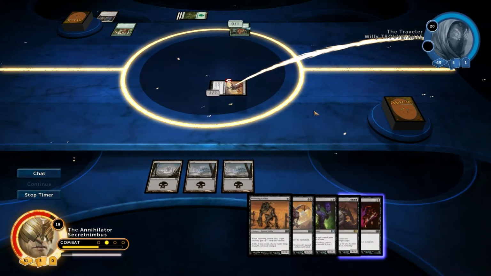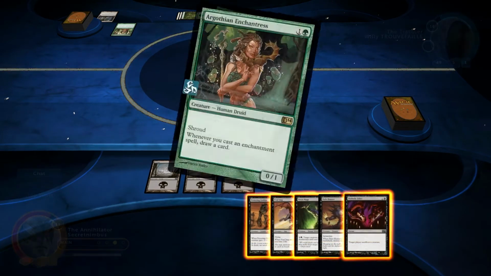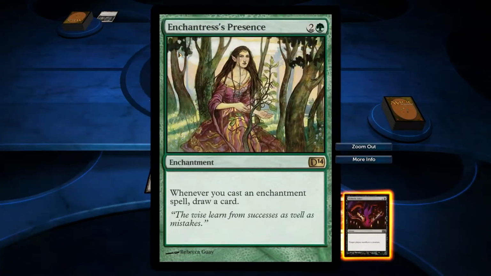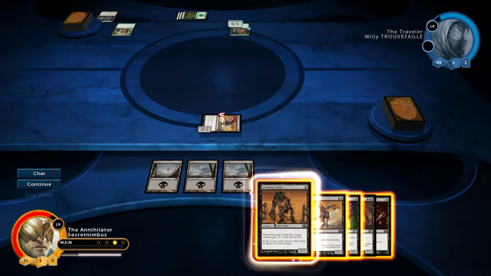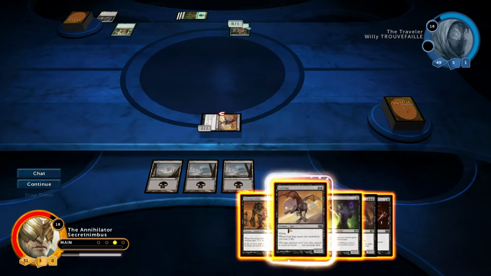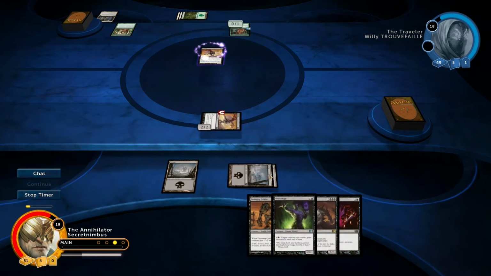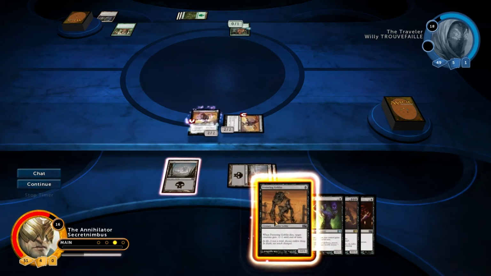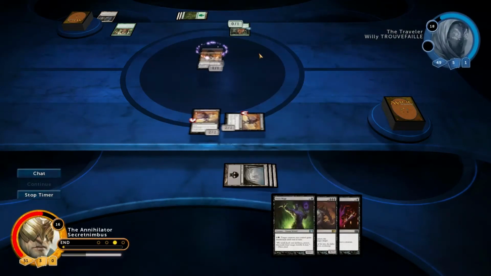So I'll attack with you. There we go. Do I make him... I'm tempted to make him toss a Gorthrium Enchantress, although he will still be drawing cards using the Enchantress's Presence, so... Do I do that? No, I'd rather get the 2 creatures down, I think. I don't mind him drawing cards, but the card draw on this deck is pretty crazy, so...